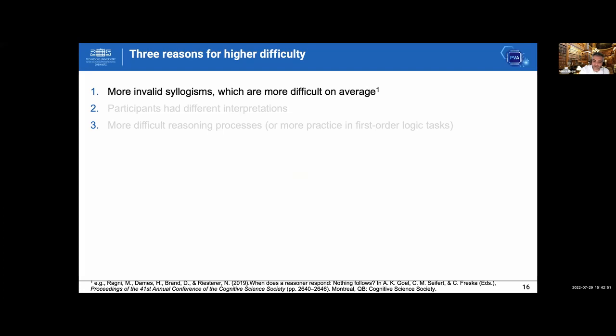Of course, there can be three reasons that we can have a quick look into. The first one is we have more invalid syllogisms. If we have "most" and "most not", then that will add to the stock of invalid syllogisms, where the correct answer would be no valid conclusion. In previous research, it has been shown across every kind of study, and we have investigated that as well, that invalid syllogisms are more difficult on average and for the single persons. So we see that this is harder.